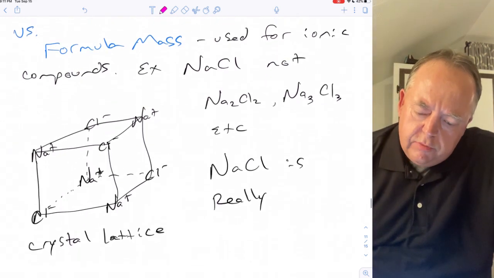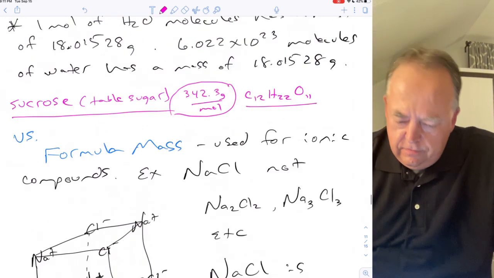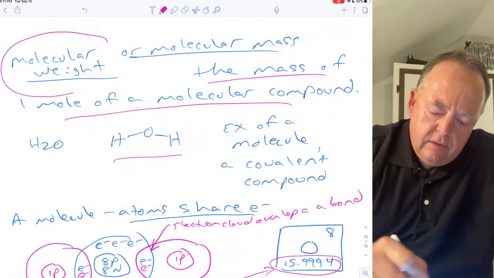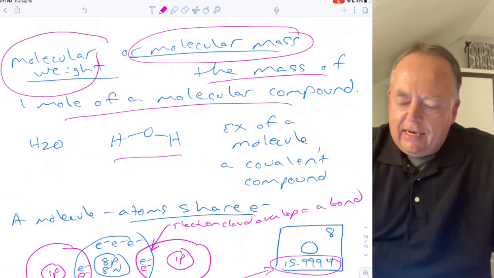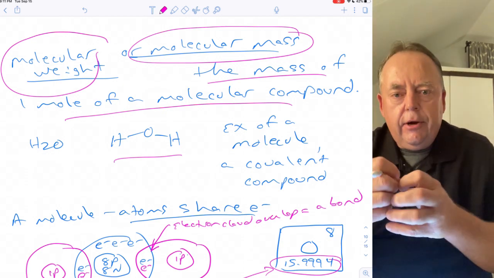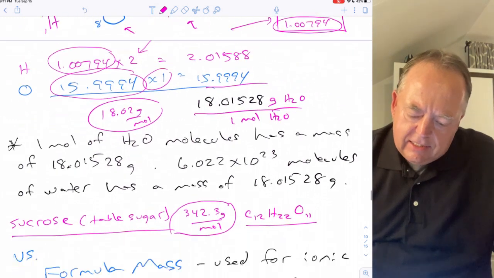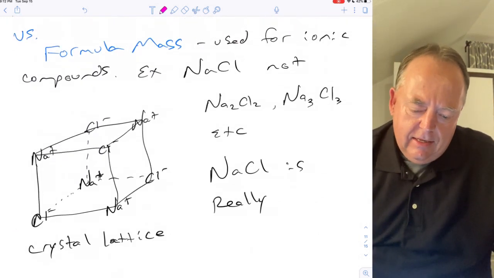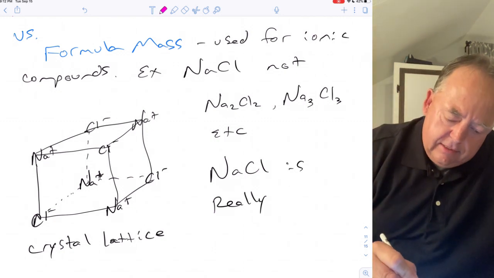Okay, so what's the difference between molecular weight and formula mass? If you notice here, I used molecular weight or molecular mass. That is simply the molar mass of a molecular compound, atoms that are sharing electrons. Formula mass is basically the same concept. It's just used for ionic compounds instead. So this would be the molar mass